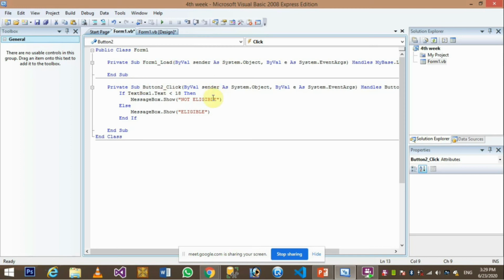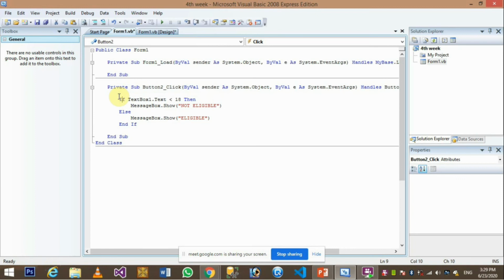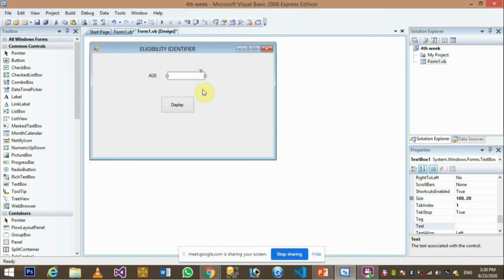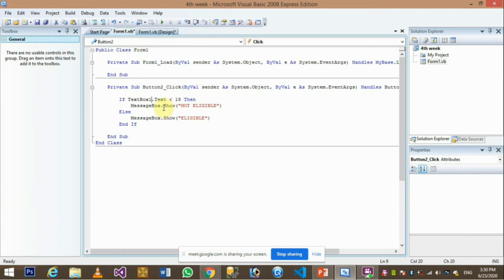Alright, so what I have done here is made the if then else condition, in which our main focus is this text box 1 dot text. Text box 1 means whatever I have inserted, I've dragged here. This text field is text box 1, right? We have converted into text by writing dot text.